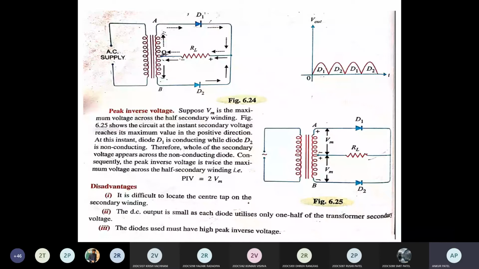In simple way, what is the polarity of this A? A is positive, and B is negative. So during positive cycle, this A is positive, means this is forward bias, positive is connected with positive, and this B acts as a negative, so negative is connected with positive. So D1 acts as forward bias and D2 acts as reverse bias during positive cycle. When D1 conducts, you can see this conventional flow of current through this load resistance. And when D2 acts as forward bias, then you can see this direction of conventional current.